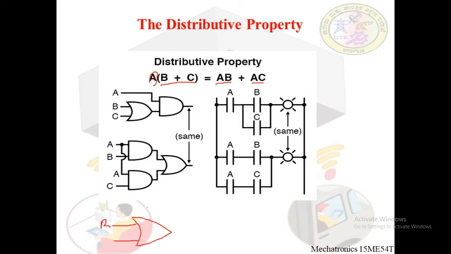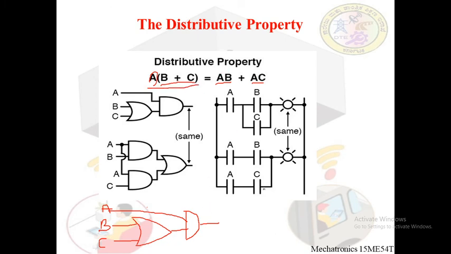This is B and C within the brackets, they are one term. B and C ORed, we get the output B plus C here. This is multiplied with A, so we get the input A and it is ANDed. When we say multiplication, it is AND operation. So now the output that is coming is A into B plus C. This is the output that we are getting here.